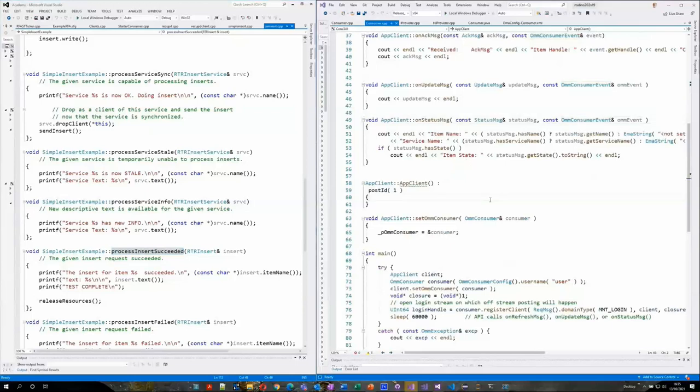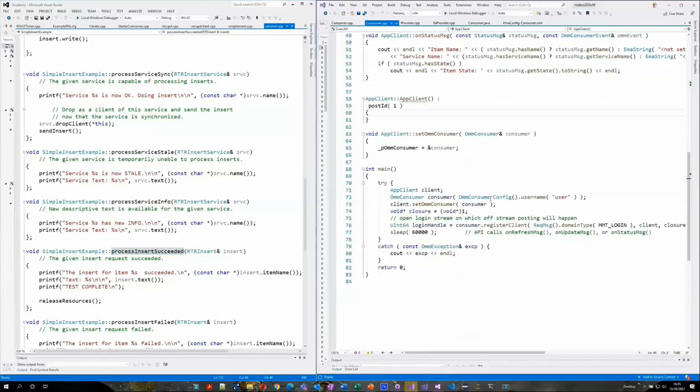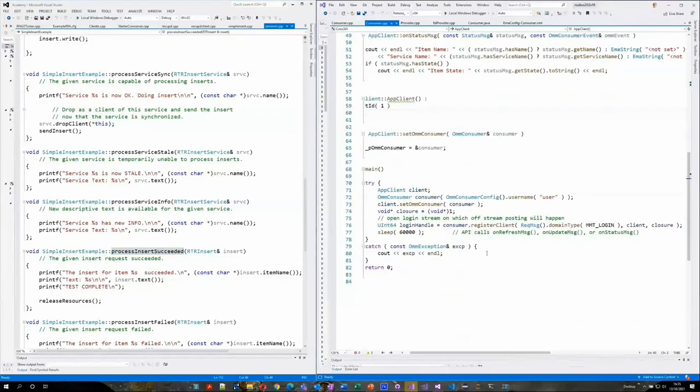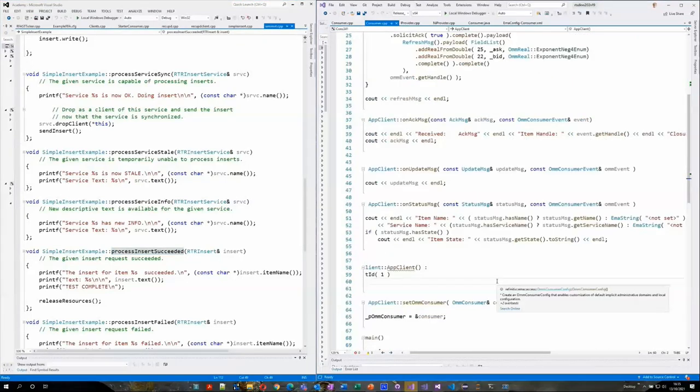Absolutely. So with the EMA example, the equivalent is a posting example, and you're essentially doing the same thing that you did before. You're instantiating that consumer. You can register for updates, but it's not necessary if you're doing upstream posting, for example. Once you do instantiate that, all you have to do is wait for, if you scroll up a bit, Umar.